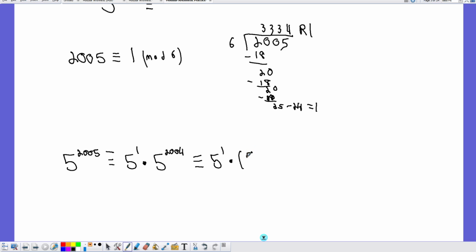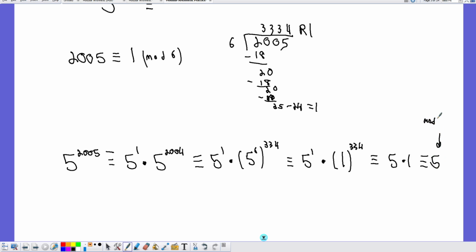So this is going to end up being 5 to the first times 5 to the 6 times 334, and that's congruent to 5 to the first times 1 to the 334th power, which is the same as just 5 times 1, which is just 5